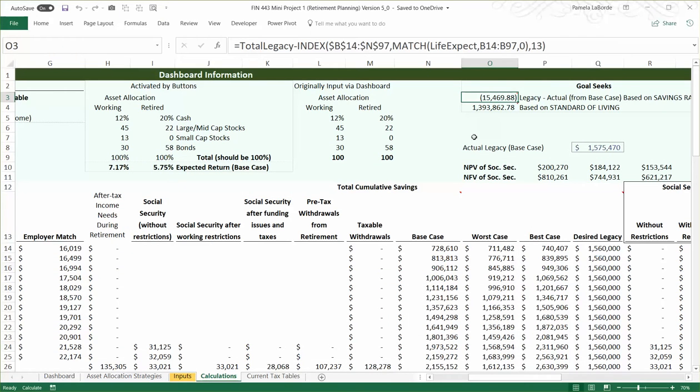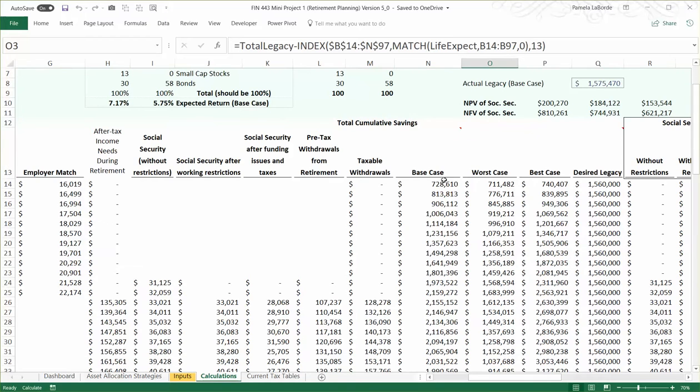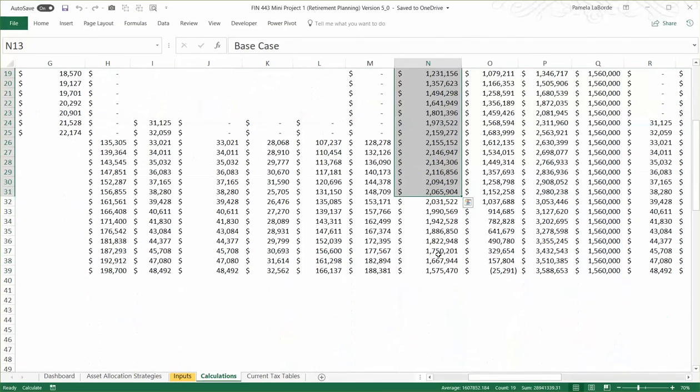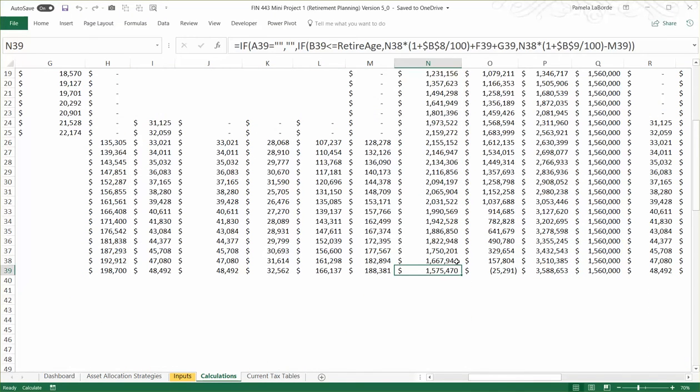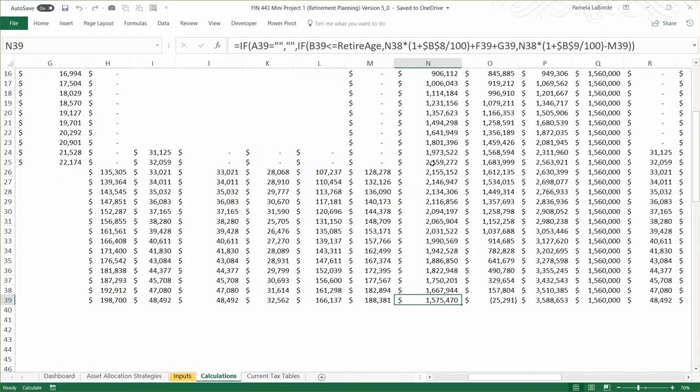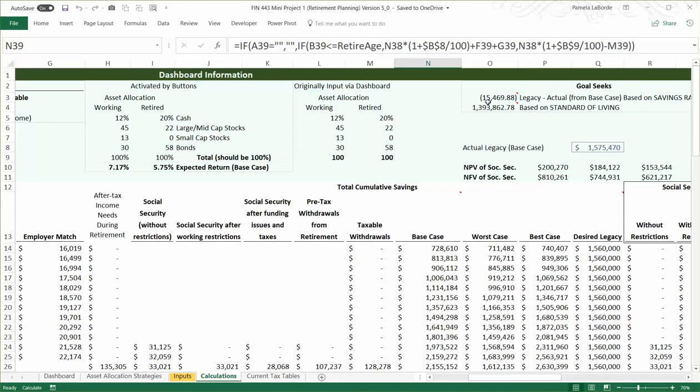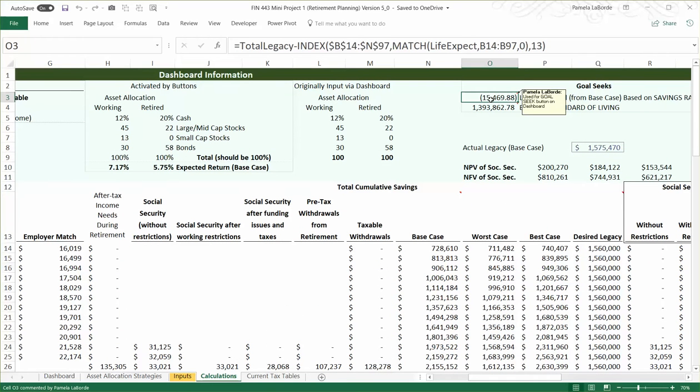On my calculations tab, basically what I want to know is the percent that I have to save so that this base case column, the last number on it will be equal to the total legacy. And that's going to change depending on what my clients enter and how long they live and how much they'd like to leave to various entities. So I actually have to look up what this value is, and I do that up here